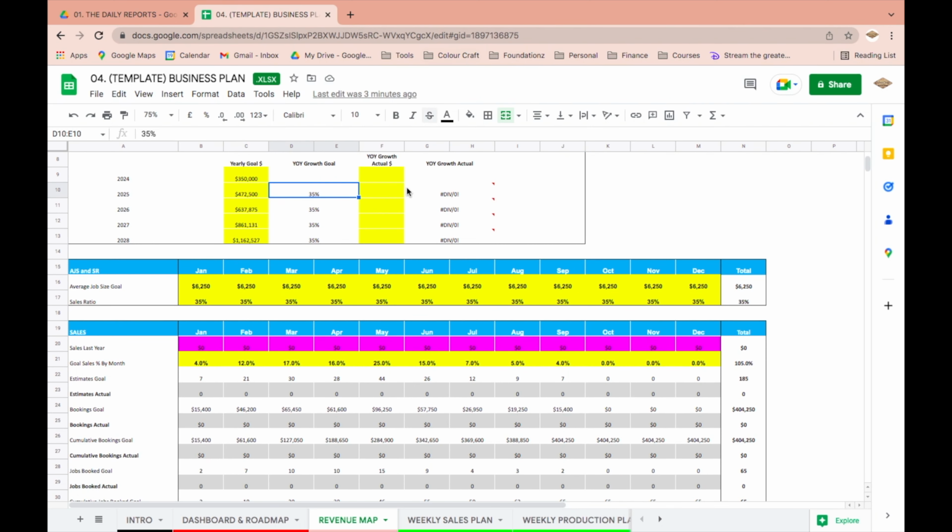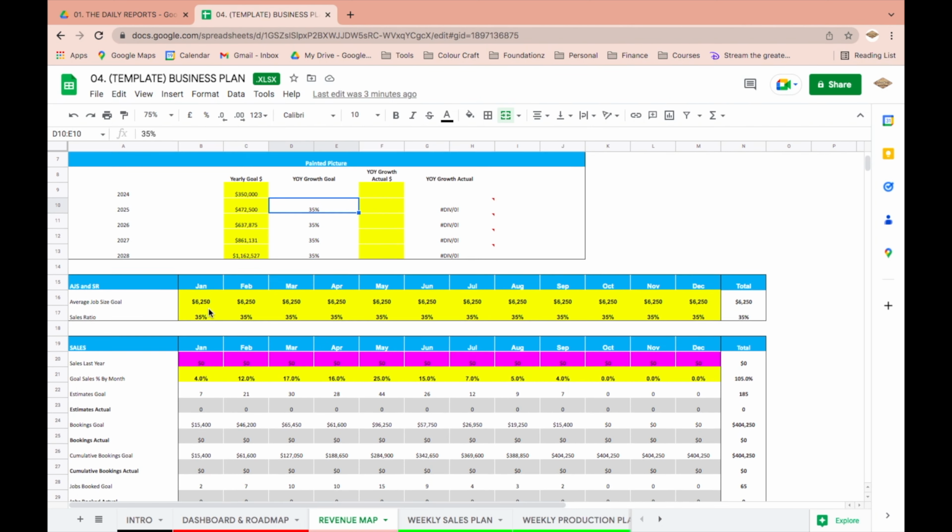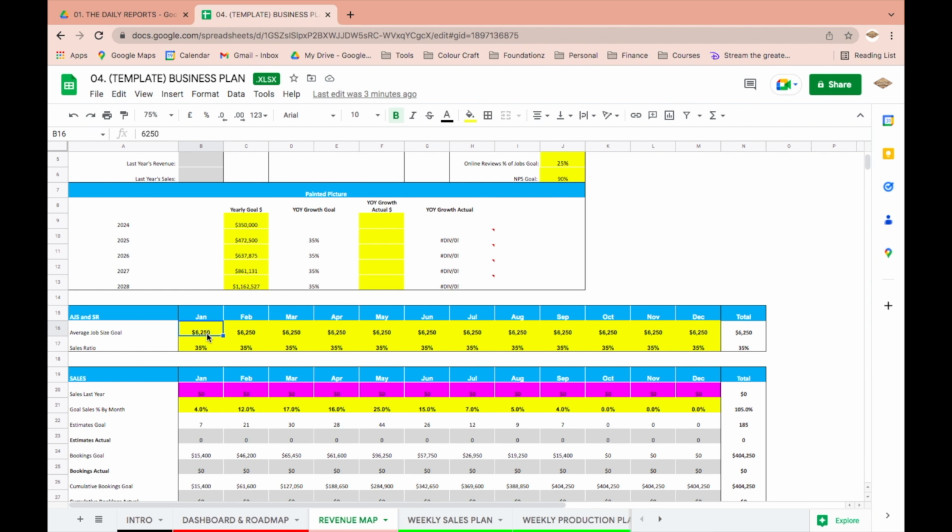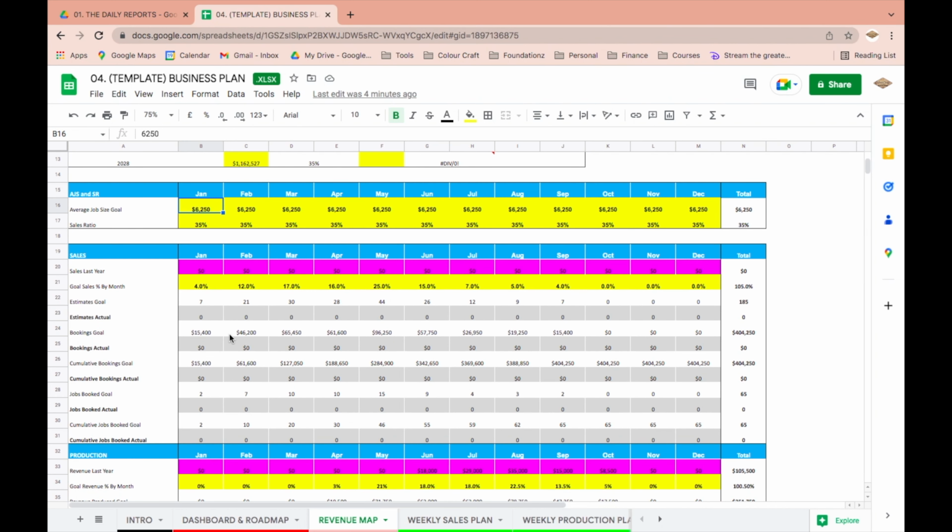Down here, the only tabs we really need to fill out are the yellow tabs. So depending on your market, your coach will give you advice, or myself, if I'm coaching you, we'll figure out the average job size in your market, which will help us determine how many leads and sale estimates you have to do. So assuming about a 1 out of 3 sales ratio, for every estimate completed, we're going to book 1 job at $6,200. This business plan will break down the entire thing for us, so we know exactly how many estimates we need to do during the year.